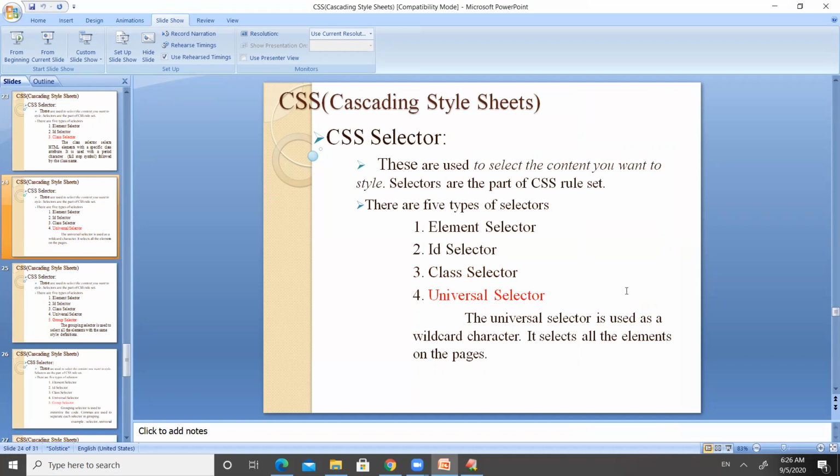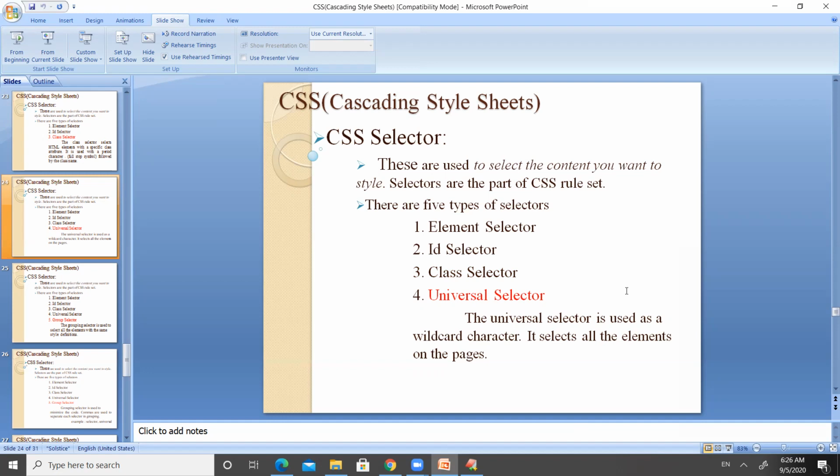So we have already seen all these definitions in the previous sessions, but I think most of the people don't understand what are these selectors and what are these types and what are the uses of different types of selectors. Now I think almost all people got some idea regarding these selectors, right?